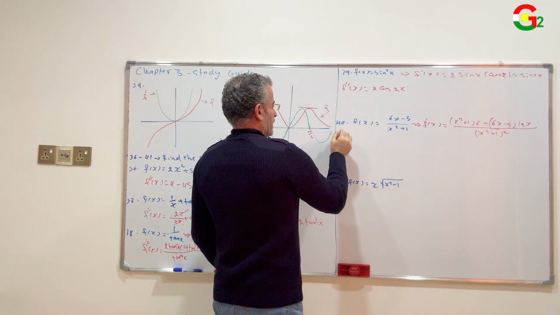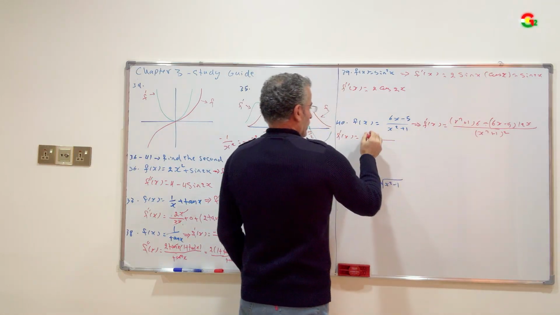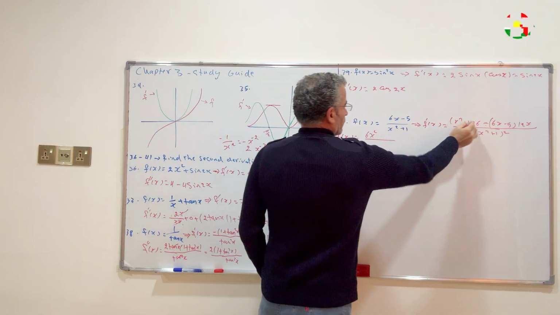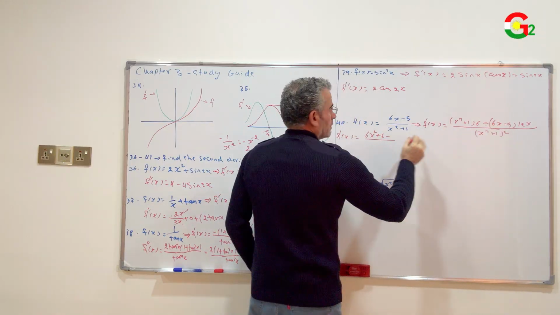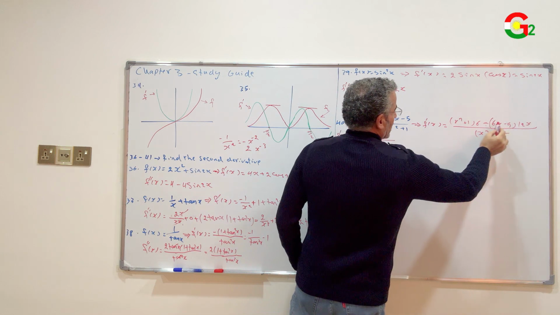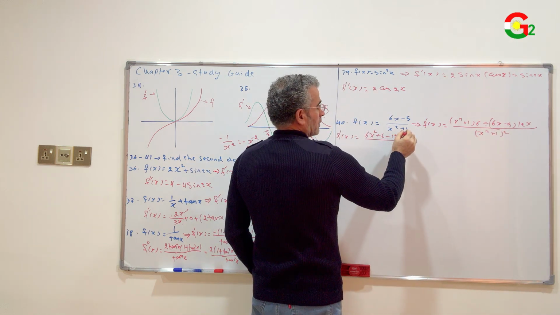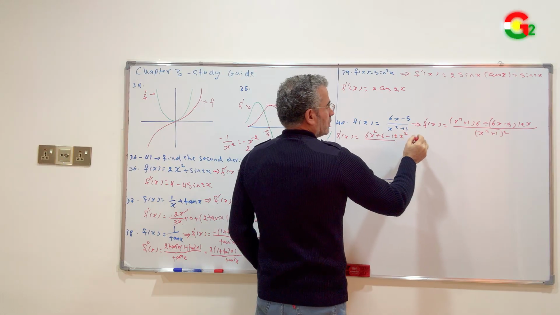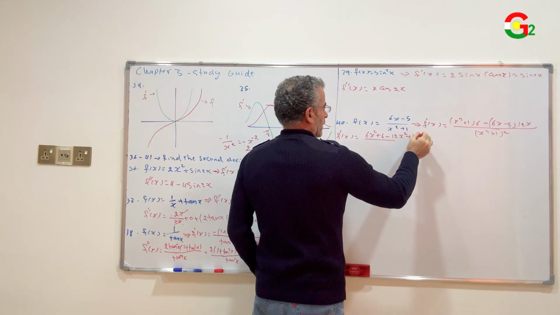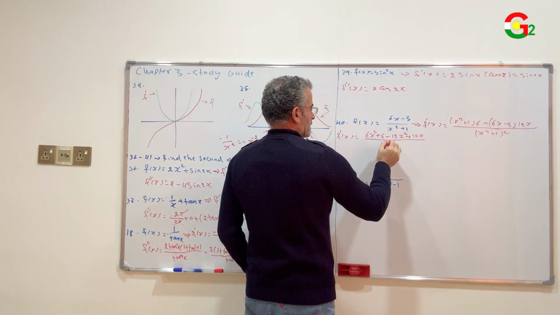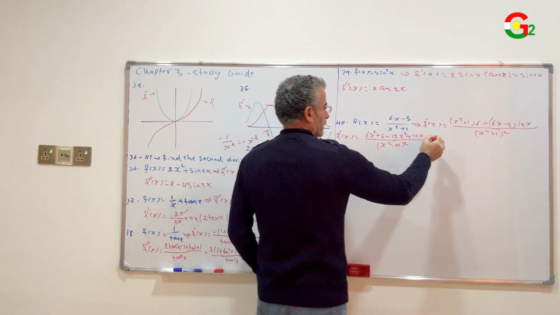Simplify the first derivative to find the second. 6x power 2 plus 6 minus 2x times 6x, 12x power 2, plus 5 times 2x, 10x, over x power 2 plus 1 squared, equals